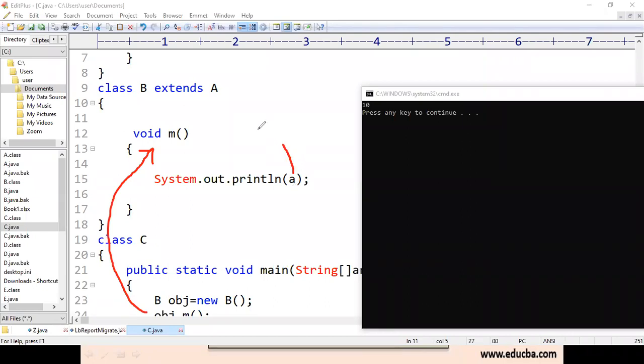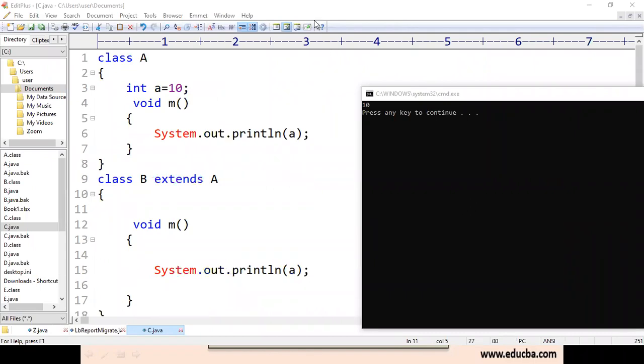Now the compiler will search whether there is a variable a inside class B or not. If there is a variable a inside class B, then the value of that variable will be printed on the output screen. If there is no variable a, if you observe this class, there is no variable a here, then the compiler will start searching in the superclass.